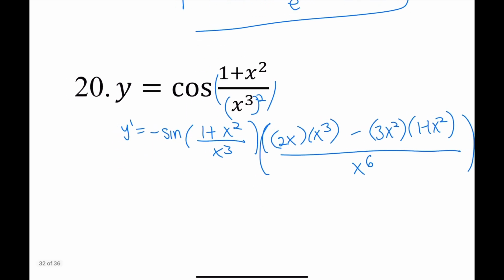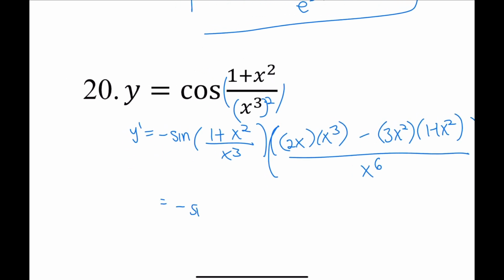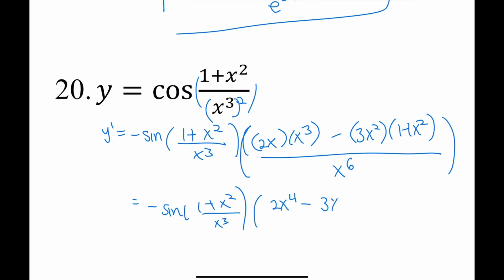Okay, and then we got negative sine 1 plus x squared over x to the 3rd, and then 2x to the 4th power minus 3x squared minus 3x to the 4th power. Yep, all over x to the 6th power,